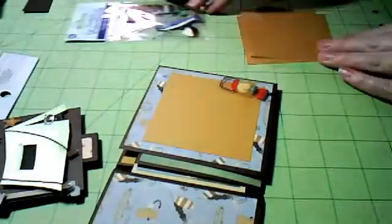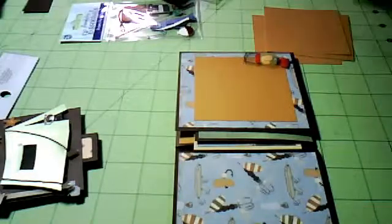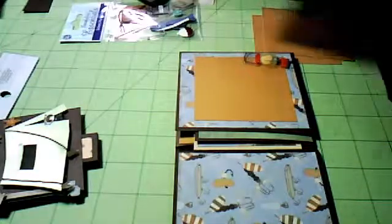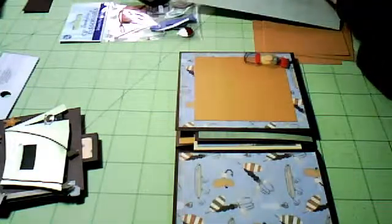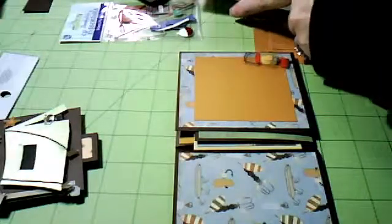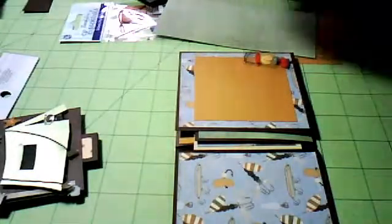Feeling like you're so far away, so I'm having to work in this corner. We have a place called Paper Plus here, so you can go in and pretty much purchase whatever envelopes you need pretty inexpensively. So